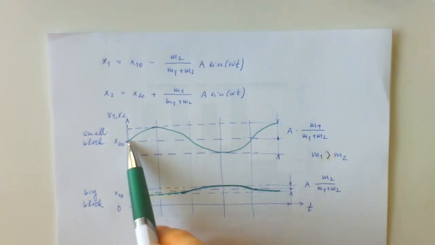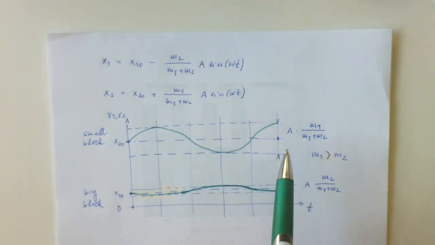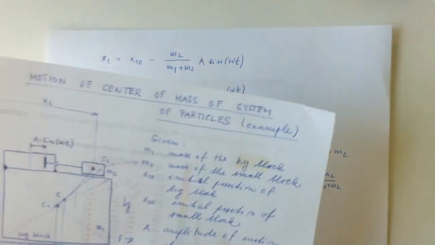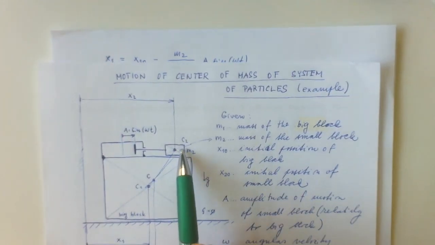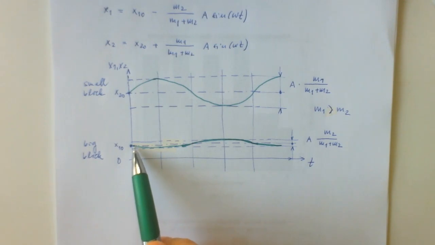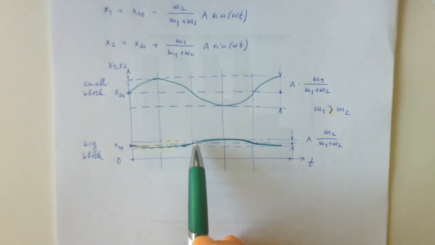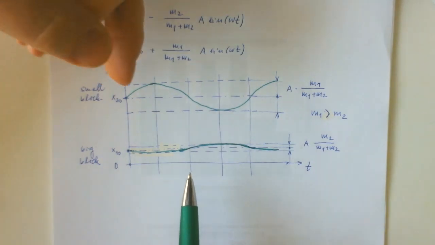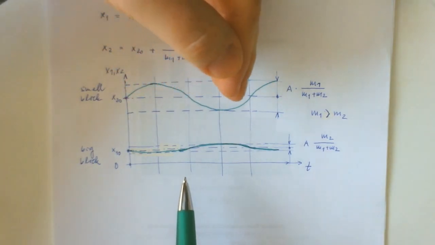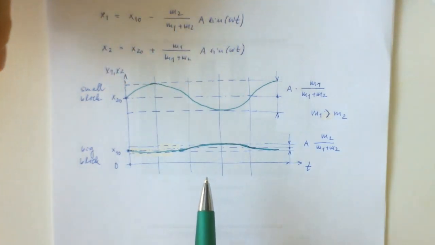The small block is going right and oscillating in time, and the big block is going left when the small block is going right, moving in the opposite direction. So if the small block moves right, the big block moves slightly left. So it moves like this,